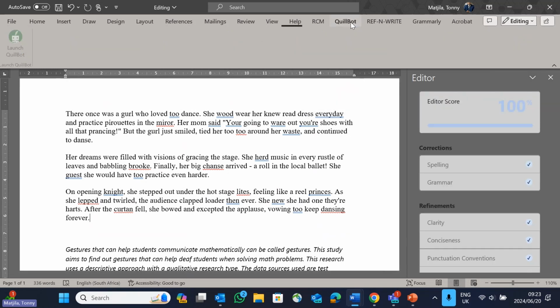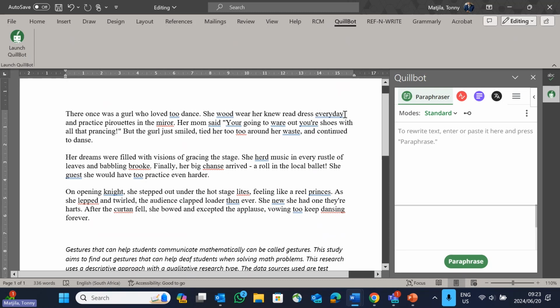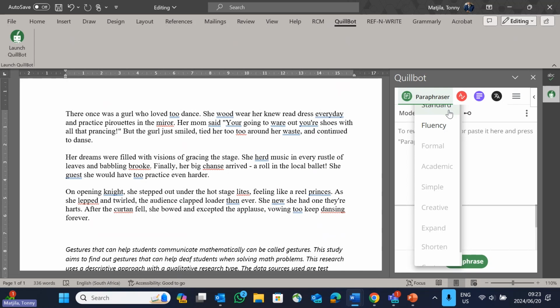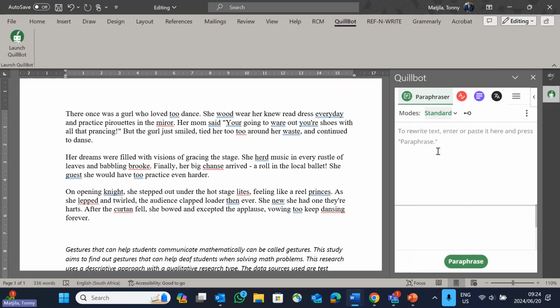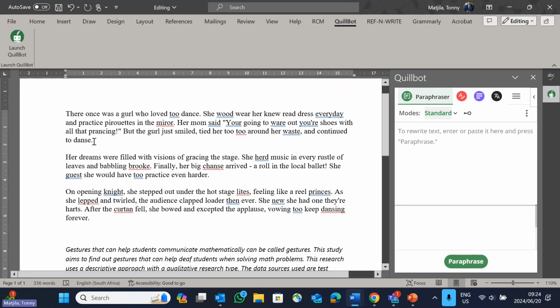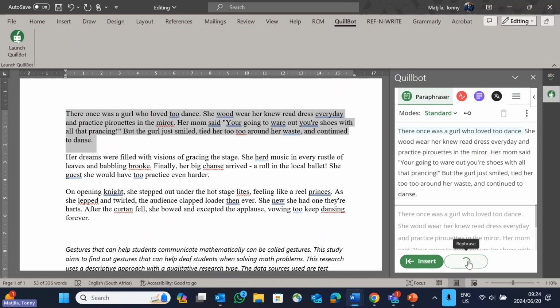We also have Quillbot. I know some of you are using Quillbot. When you are using Quillbot, there are different modes, and I think you can put it on standard. Fluency is also good. So fluency and standard, I think those are the options that you can use. This one is a paraphrasing tool. You can take this text, obviously after you have worked on your spelling mistakes, put it in this box and paraphrase, and it will generate